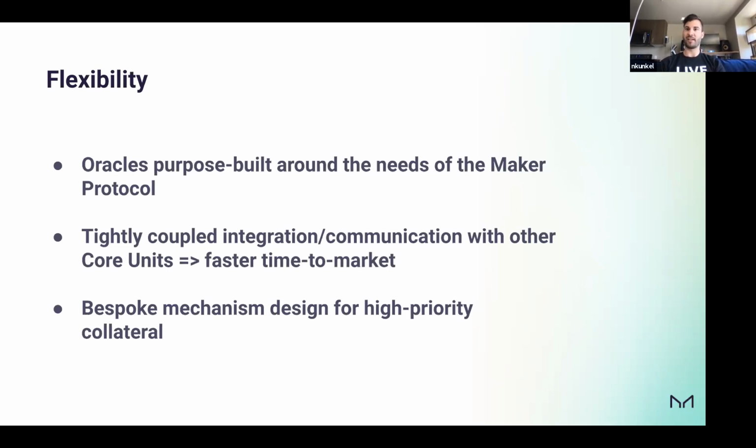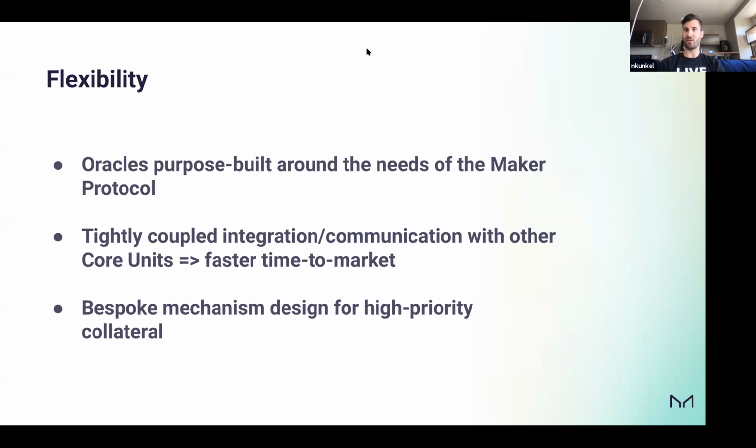The next part is that depending on what the priorities of the DAO are, we're quite willing to design bespoke mechanisms, right? So I think the LP tokens are an example of this, right? Where the generalized Oracle protocol was not a good fit for pricing LP tokens. And so we ended up creating a bespoke kind of LP Oracle contract that fit this much better.